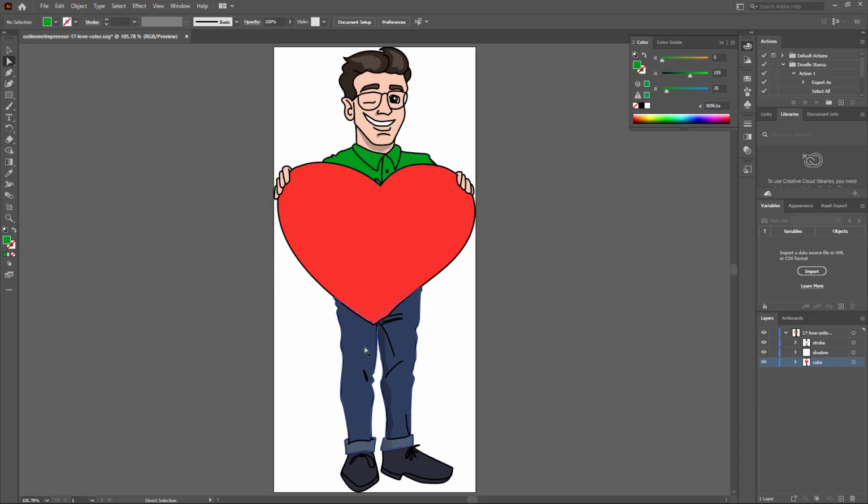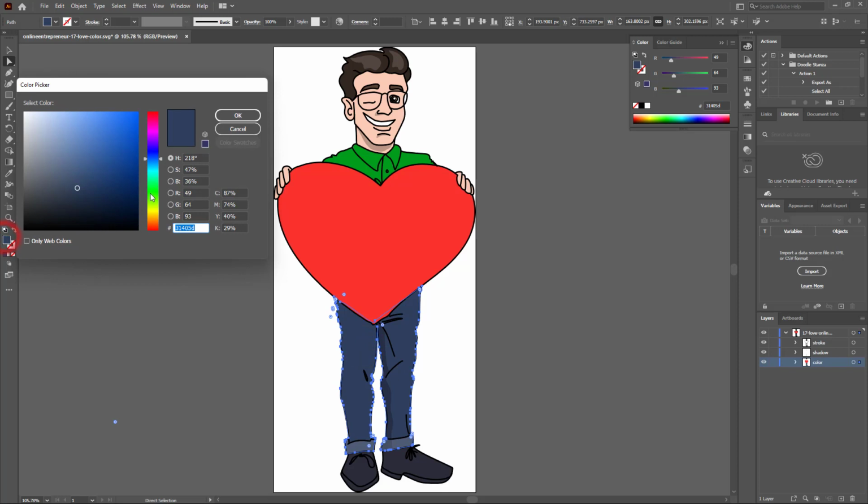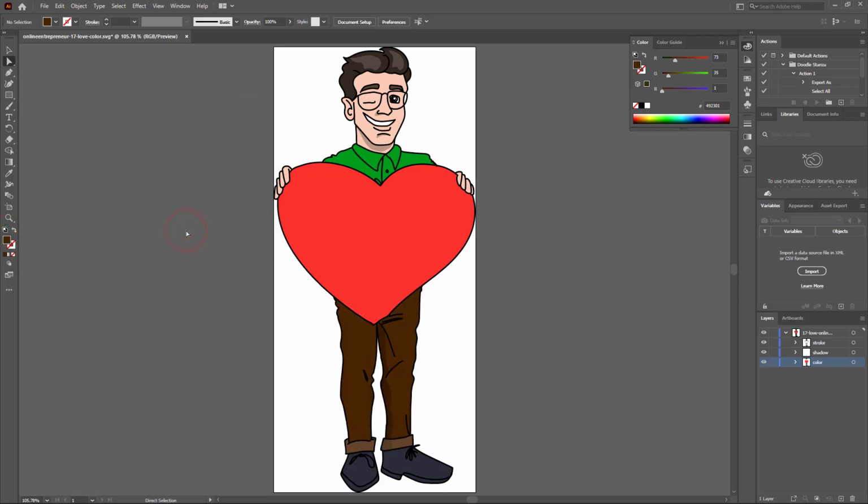Same thing if you want to change the pants, select the pants and select the color of your choice. All right, so if you would like to change the skin color, in this particular example, you will